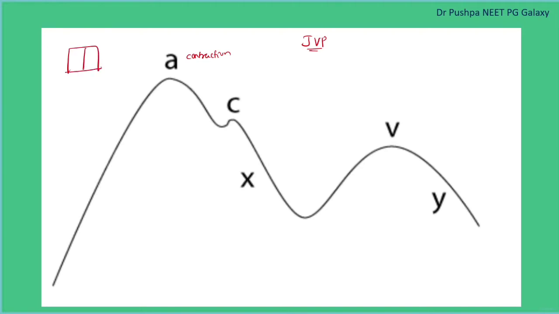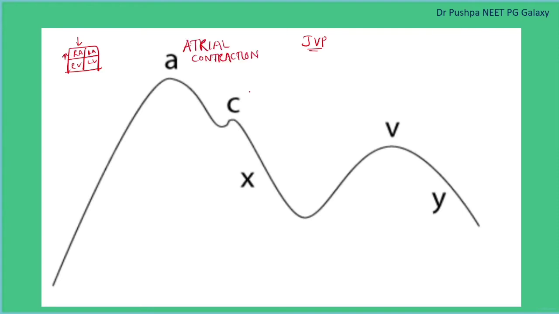These are the chambers of the heart: right atrium, right ventricle, left atrium, left ventricle. It measures the pressure changes in the right atrium with respect to phases of the cardiac cycle. This A wave is due to atrial contraction, that is in the active filling phase. There is an increase in right atrial pressure.